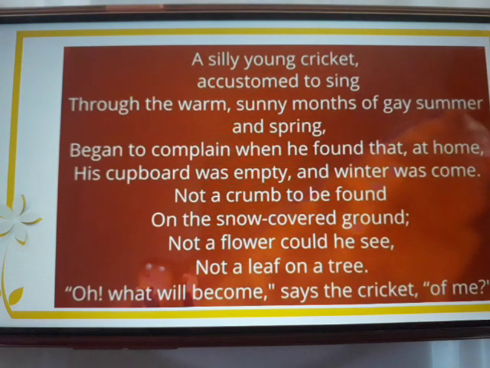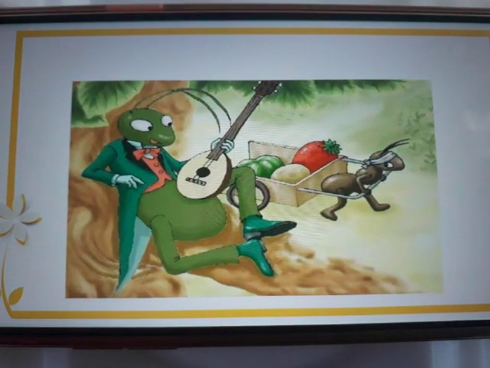Now, students, you all know what a cricket is. It's a kind of insect with flattened bodies and long antennae. They are known for their chirping sound. The poet says that there was a young cricket who lacked wisdom and he used to enjoy during the spring and summer seasons. The poet describes the spring and summer season as gay, which means happy and enjoyable because it's